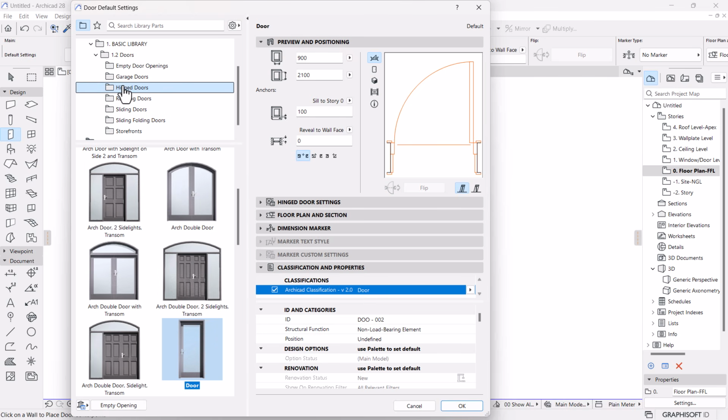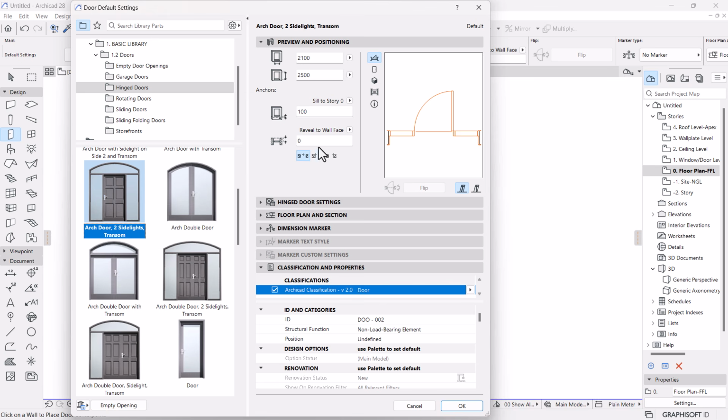I would want the hinged door. Maybe let's go with this arch door with 2 side lights and a transom. Let's click on it, and in the preview and positioning, we have the width of the door including the side lights, then the height, which is 2.5, then the offset from